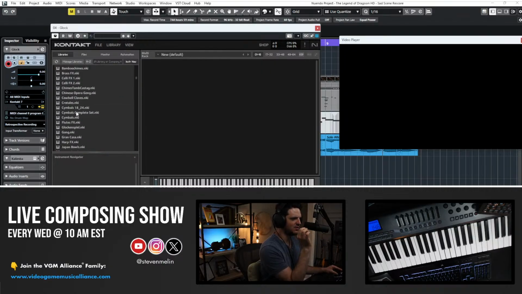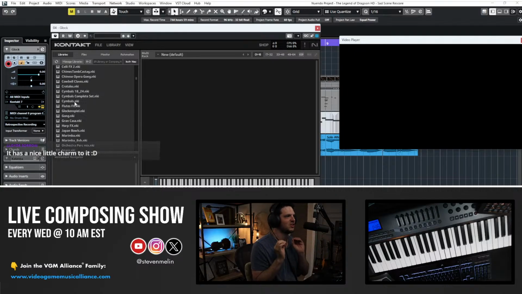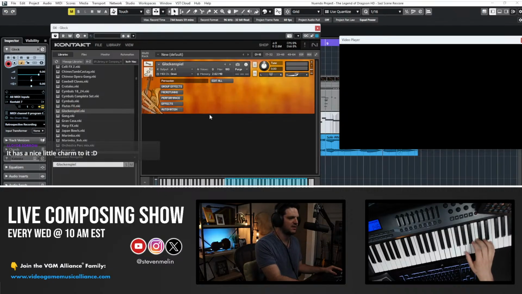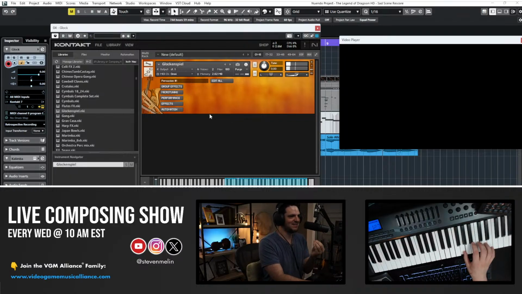Anyway, percussion. There's something about some of these old percussion patches, it's like using the Roland Sound Canvas. It has such a legend that it instantly sounds like video game music because it's been used in hundreds of games. So here's the Glock. Yes. That is not the sound of the 80s. It's not the sound of modern. It's not a sound of a real Glock. That's the sound of 90s JRPG right there. And it might be overdoing it, but let's just try it.